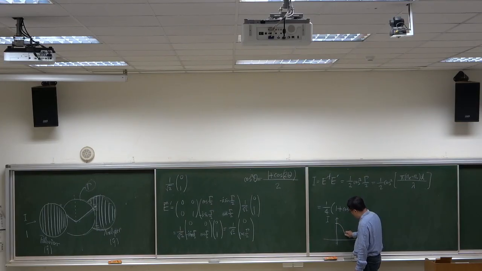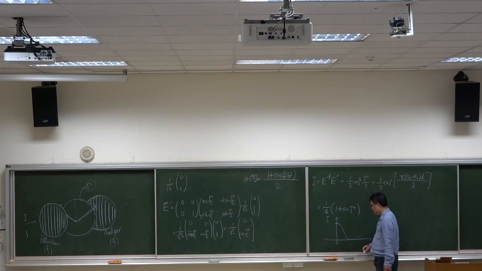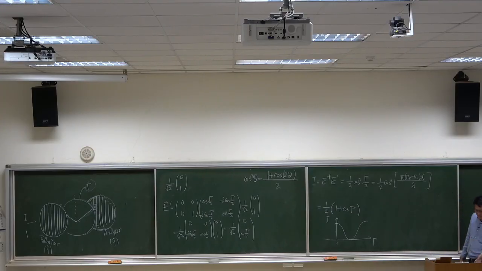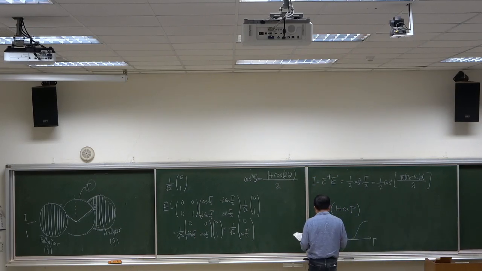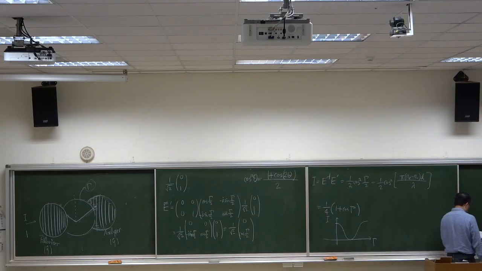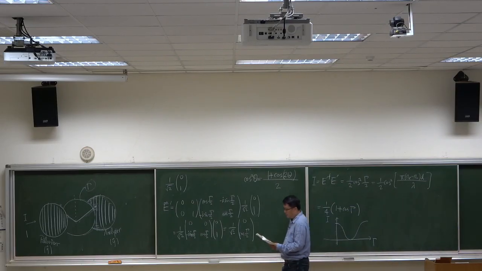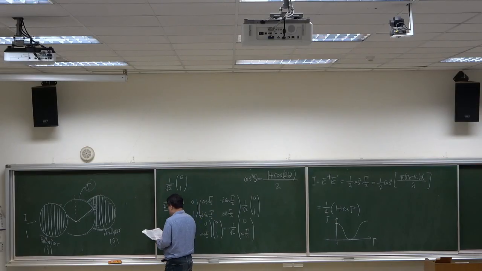And then when gamma is equal to pi, we get 0. Okay, and the result just repeats periodically with respect to gamma. 这个就是强度的变化。